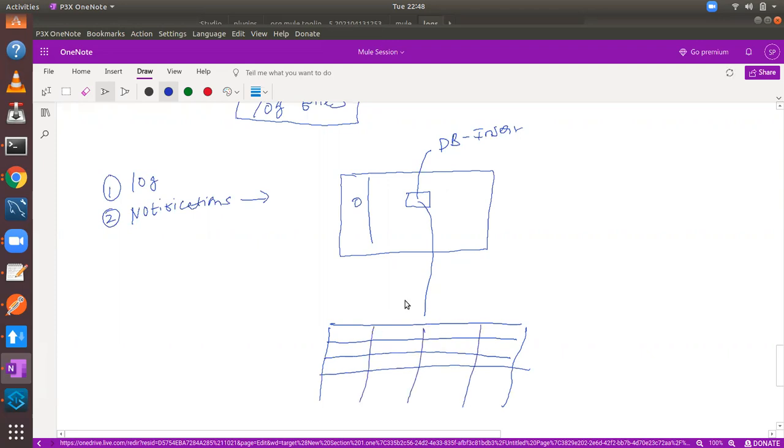So what happens is the database is down, or the DB is not responding for some reason, or the number of connections from the database to your application has increased. For some reason your component is not able to write the record to the database. Then obviously you get an error, right? Whatever record you were not able to insert to the database, you got an error.